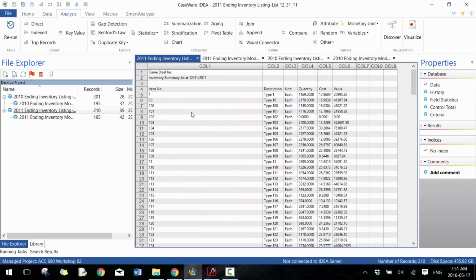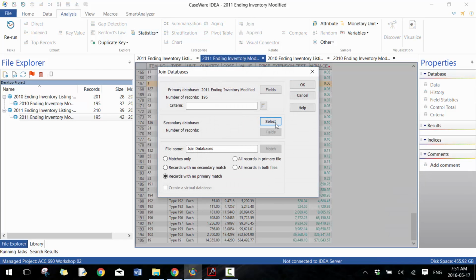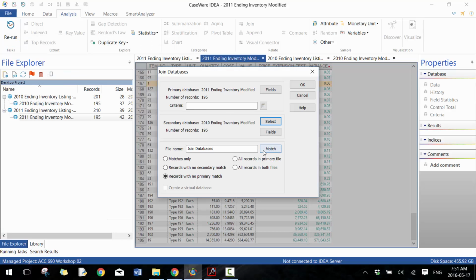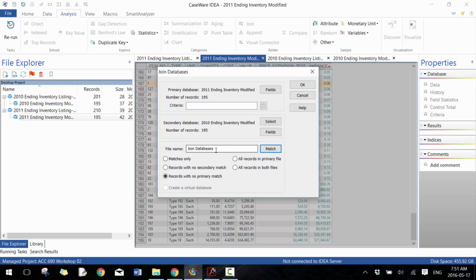going to join it with the, we'll use this one. I'm going to join it with the 2010 listing, the modified version. And I'm going to join it based off of item number. And let's call this 2011 ending inventory with 2010